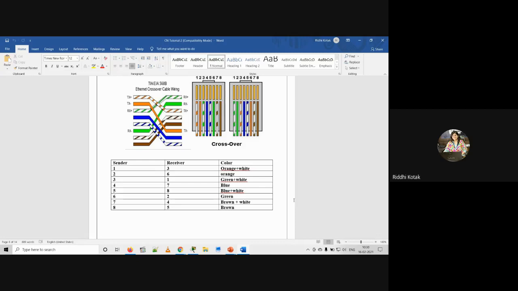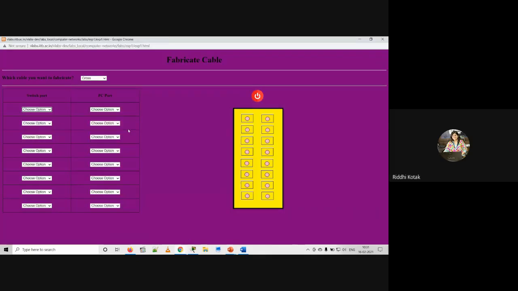Okay, so let me just go to this simulation. I have selected the crossover cable. Now to overcome the error, you just do one thing. First you select at the sender side, because in this cable at the sender and receiver we do not have to select the same cable, so sometimes an error may generate. So first you select at the sender side, then we'll select at the receiver side.